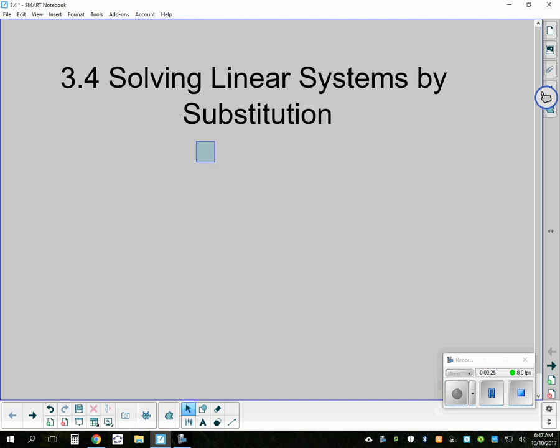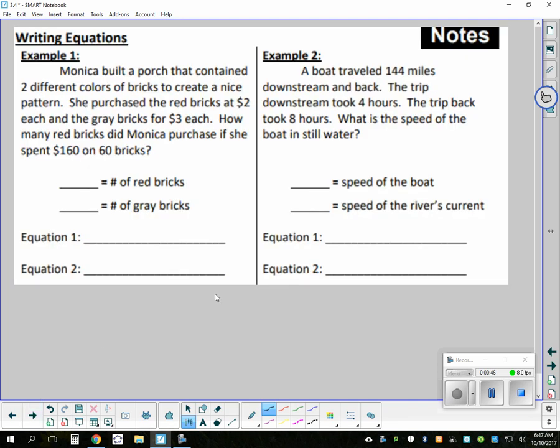So just a reminder, what is a system? It is just two or more equations that you solve at the same time. Systems generally have two variables and two equations. That's what we in Algebra 1 solve. Before we actually start solving, we're going to start incorporating some word problems and figuring out how to write variables and equations for them. So in example 1,